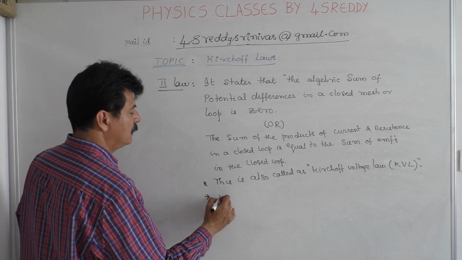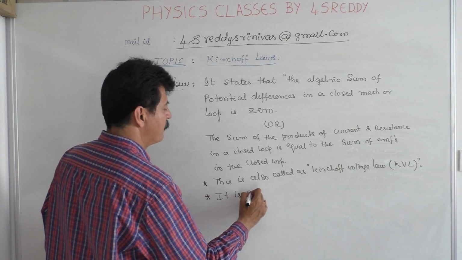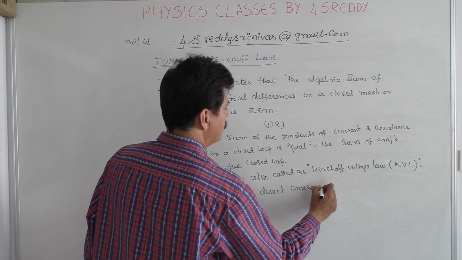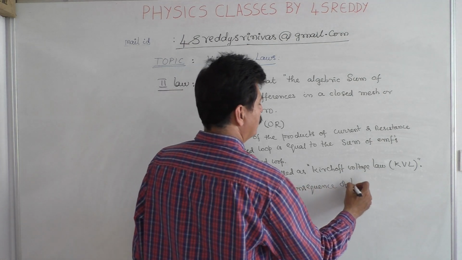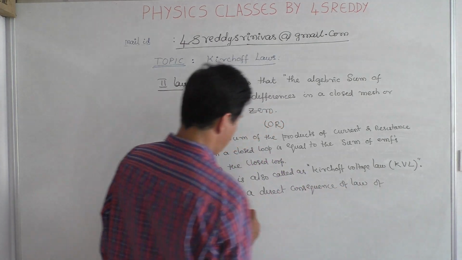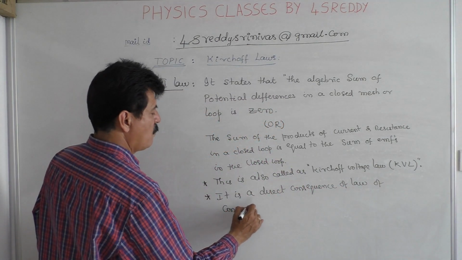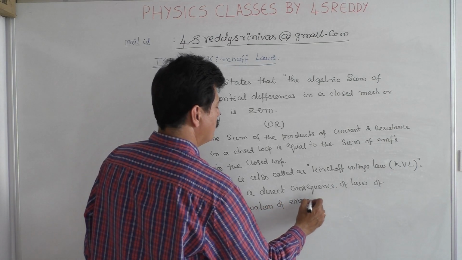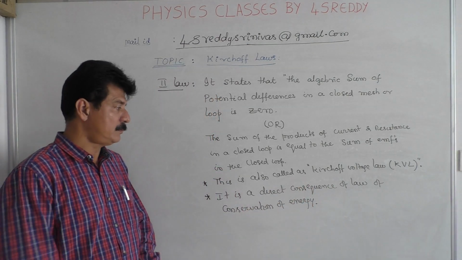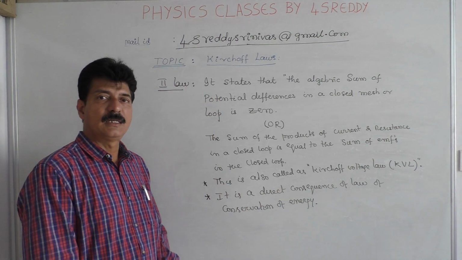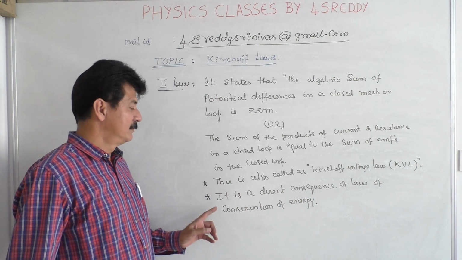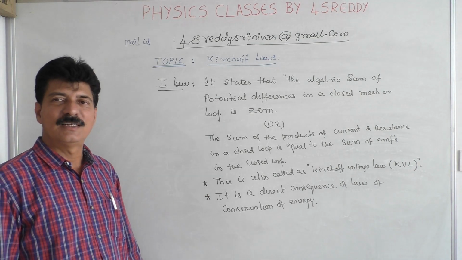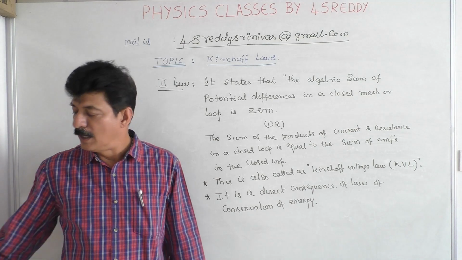And very important thing, it is a direct consequence of the law of conservation of energy. This is called Kirchhoff's voltage law. It is a direct consequence of the law of conservation of energy. And now,